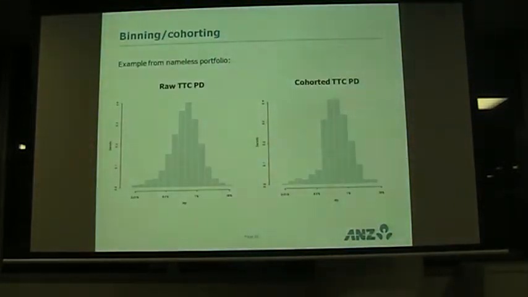So here's an example of what I'm talking about. On the left side is a histogram of my through-the-cycle estimates for a portfolio. They range from, say, about 1% up to 10%. If I cohort this down to, I think, about 500 or 600 odd, I get something very similar. Obviously, as your number of cohorts goes down to 1, this thing shrinks down to just one cell and gets like one point. So the smaller the number of cohorts, the tighter the distribution on the right is going to be. In this case, the distribution is still fairly broad, so I haven't lost too much information.